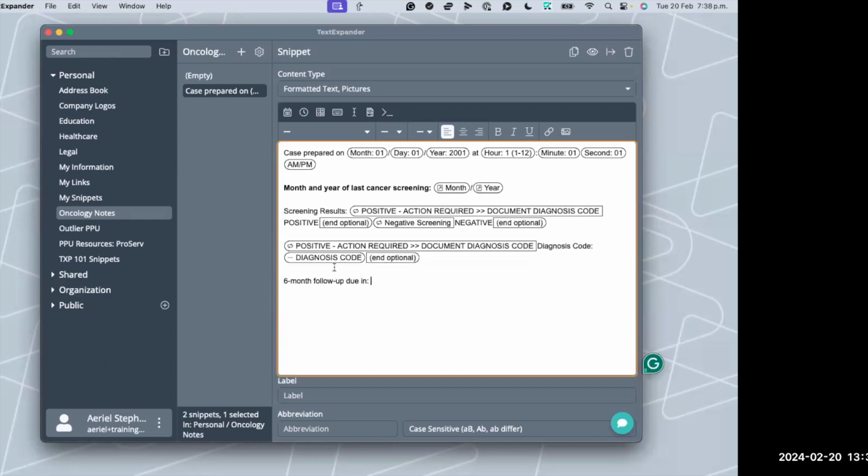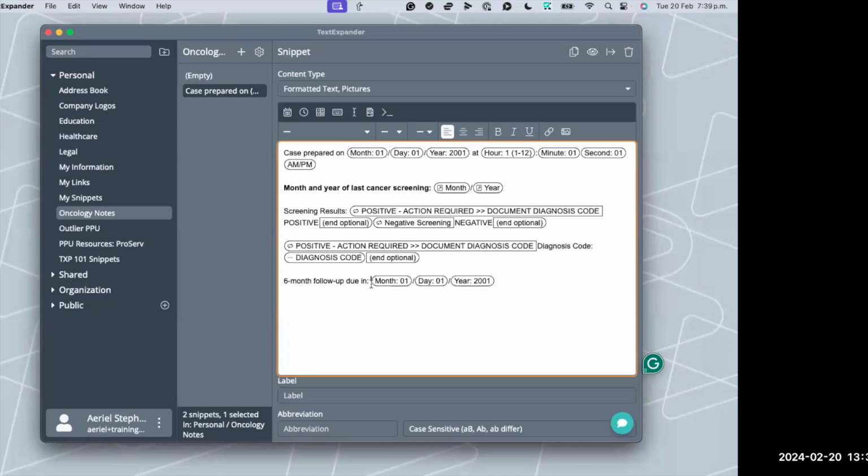The point of this part is to show you how you can have TextExpander expand a date in the past or the future. To save some time, I can copy this date macro if I want the format to be the same.